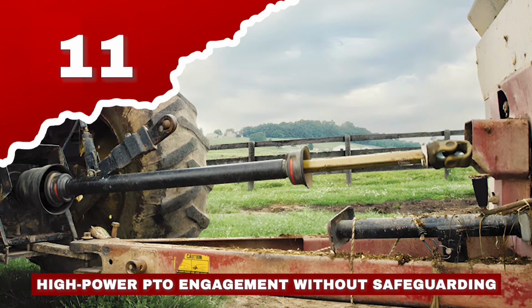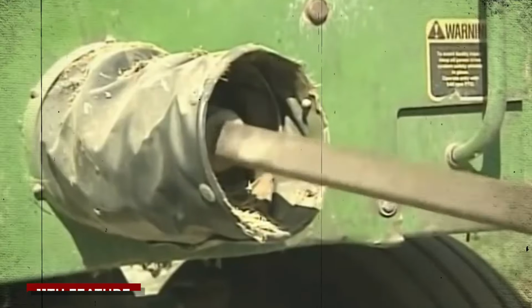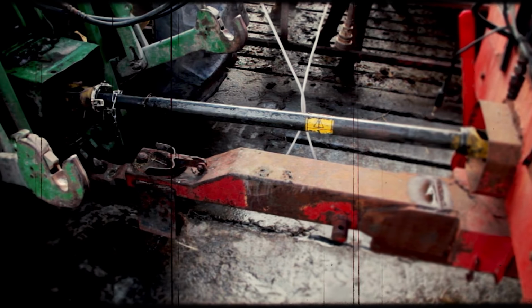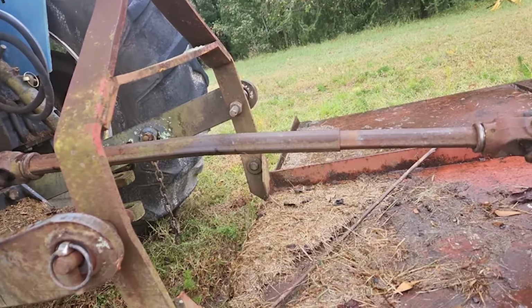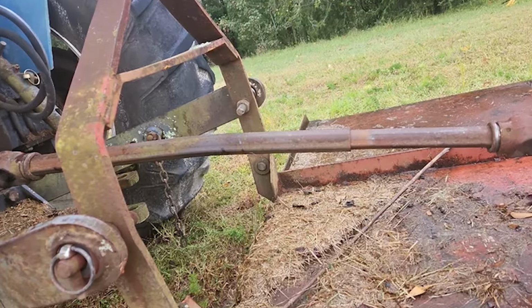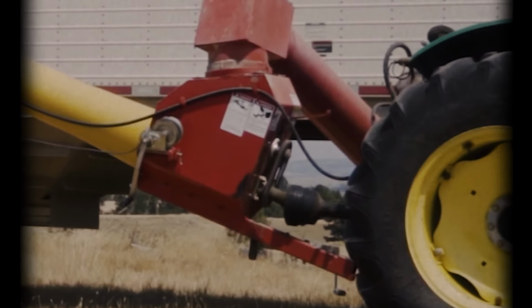High-power PTO engagement without safeguarding. The 11th feature that was banned takes us to implement engagement systems that delivered full torque at the PTO, or power takeoff, with no soft start or adequate shielding, creating situations where sudden torque spikes snapped driveline components and threw